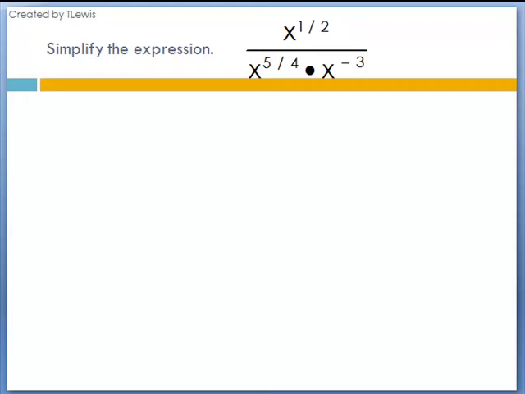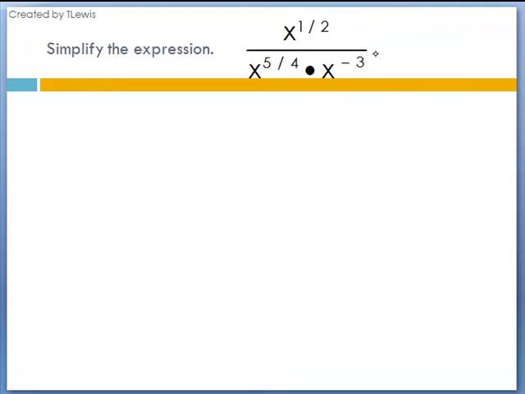Simplify. x to the 1/2 power all over x to the 5/4 power times x to the -3 power. So looking at this question here, there are several ways that this can be done. I'm going to attempt to find the best way that we can work this particular question out. What we can do first is make sure we do not have any